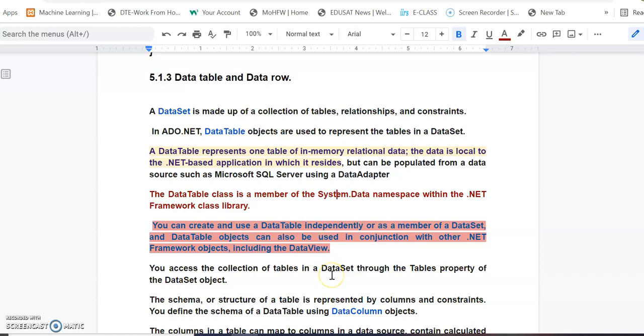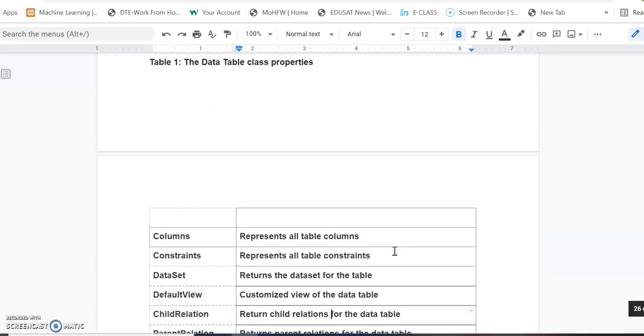Adding the columns means, first of all, we add the structure. Suppose employee has employee ID, employee name, employee contact number, and employee personal details. That information will be in the form of columns, and rows will represent the actual data. The data which we are creating will be stored temporarily in memory, so it is also called in-memory relational data. Now we will see how to create it.